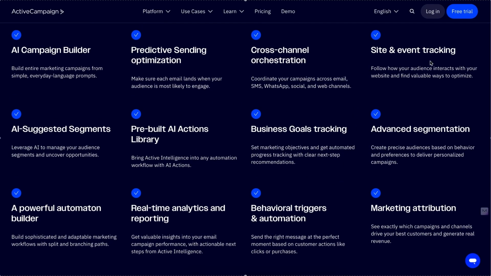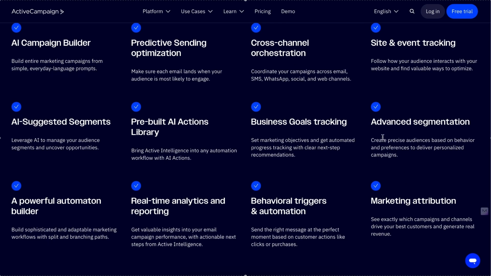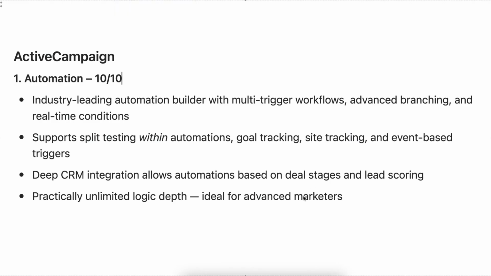They have site tracking, event tracking, cross-channel orchestration, all of these advanced segmentations, behavioral triggers, things like that. So honestly, they have the most advanced, the highest level of the different automations that you will want to do. They have the CRM integrations as well, for different deal stages, lead scoring, practically unlimited logic depth. It's ideal for advanced